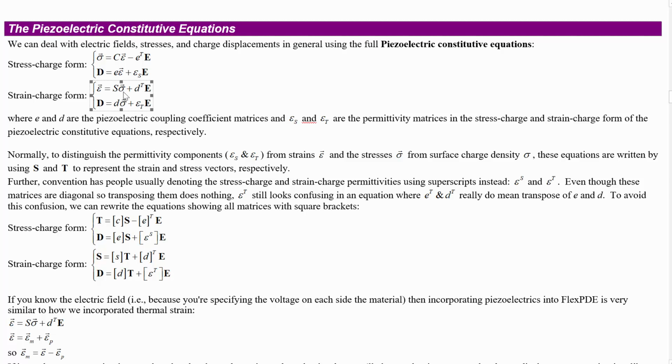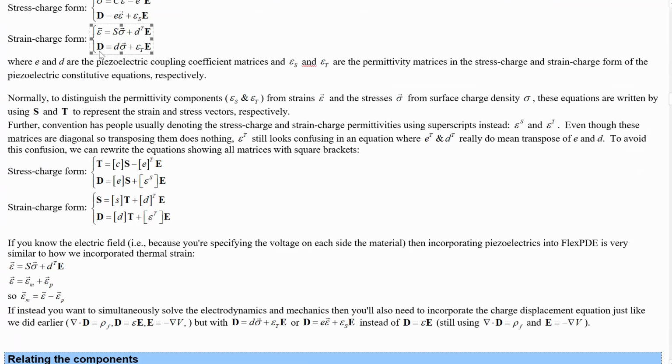We said that it's the compliance multiplied by the stress plus alpha delta T for thermal strain. So if it's D transpose E, that's just another vector if we know what the E field is. So we can treat this just like thermal strain, except where the source of the strain is this applied voltage somewhere. If we don't know what the voltage is, then things get a little bit more complicated, because we're going